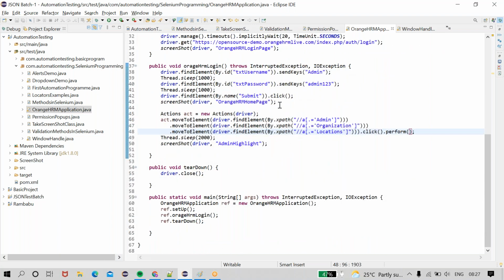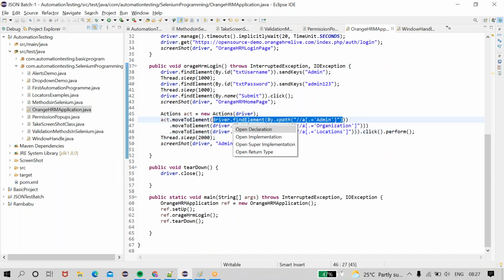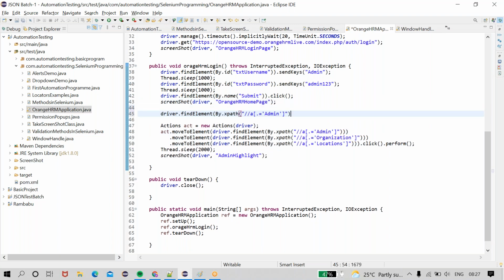See, I can tell you what is find element. If you look into this object, I will tell you. This is called the find element.